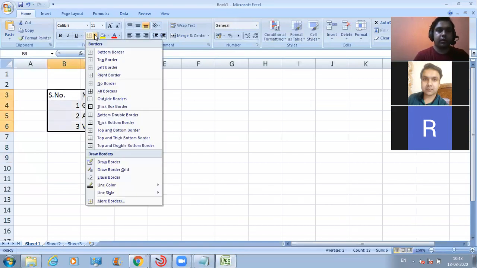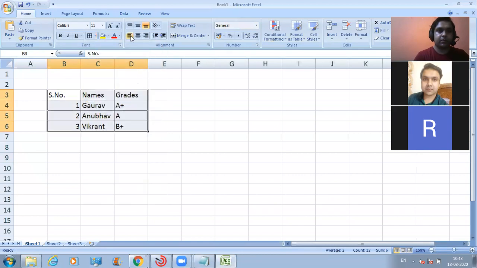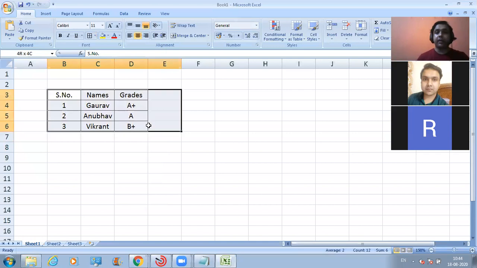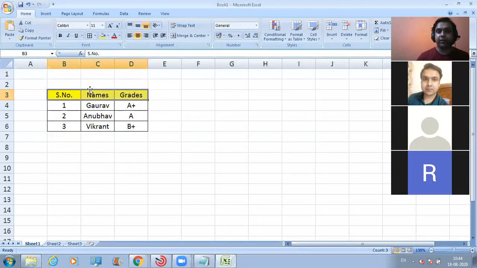Can anyone tell me what is this? This is a table. That is absolutely right. Now, what are these? These are fields. Absolutely right. These are fields that we have defined for this table.